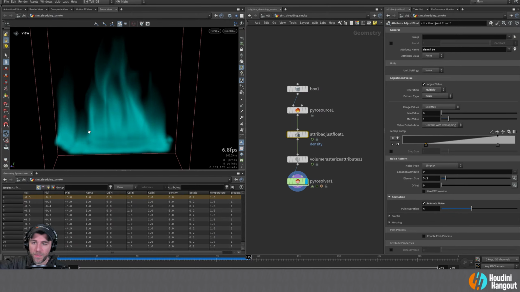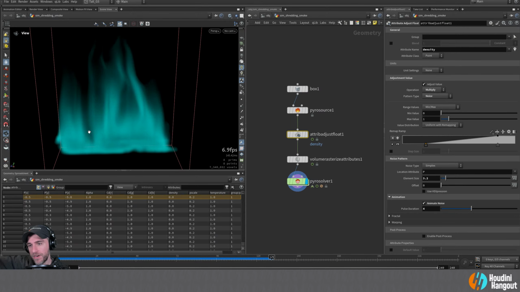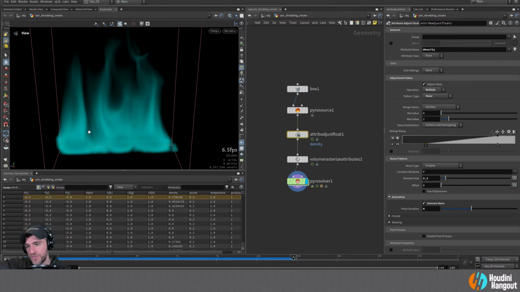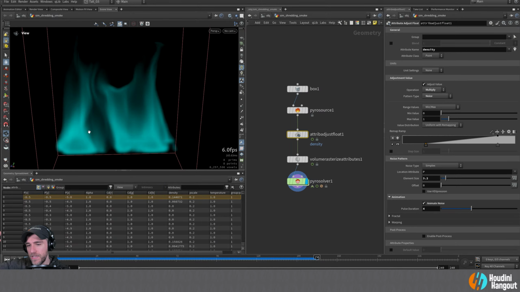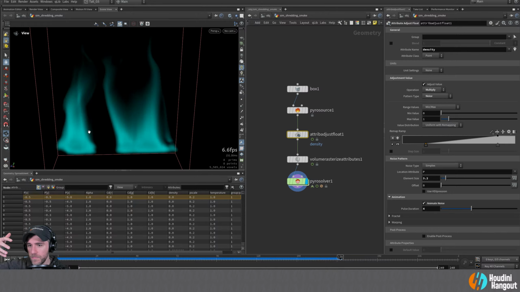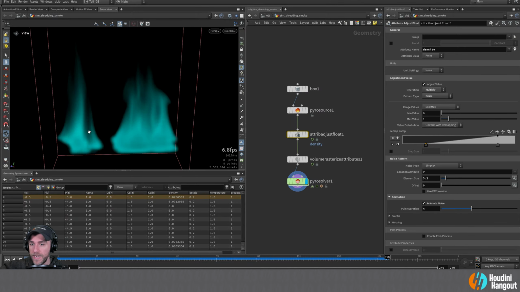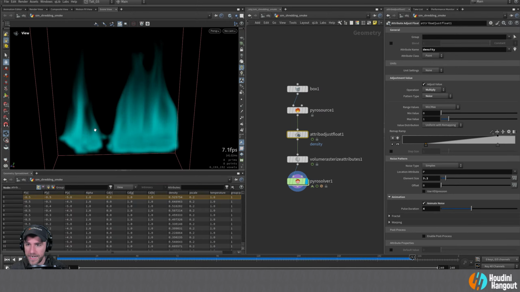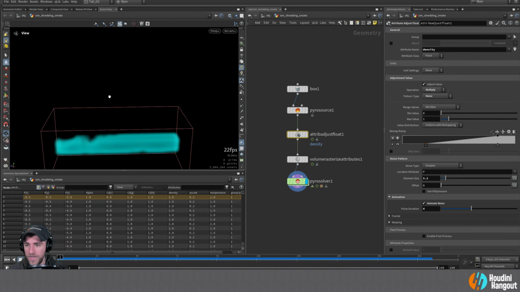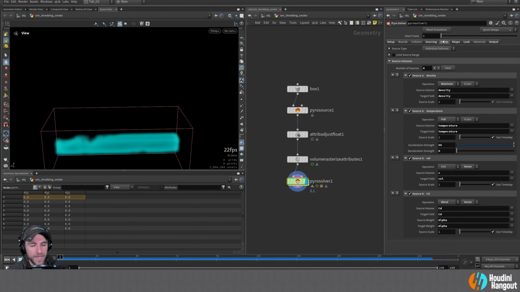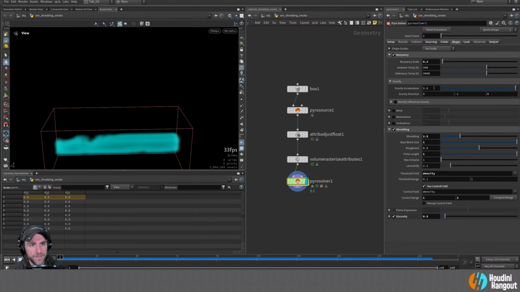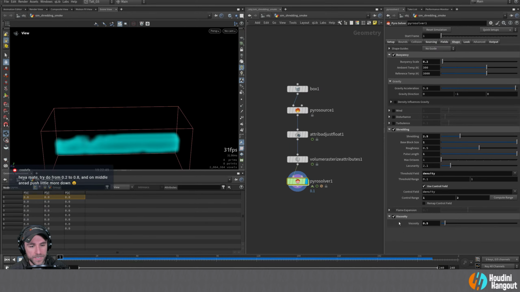So yeah, just remember that too. As you're doing a pyro sim, what you can do to your source will actually affect the output just as much as all the settings for it, right? Another thing you might want to play with if you're playing around with this type of idea is in the Pyro Solver, I have a feeling that the viscosity is going to really